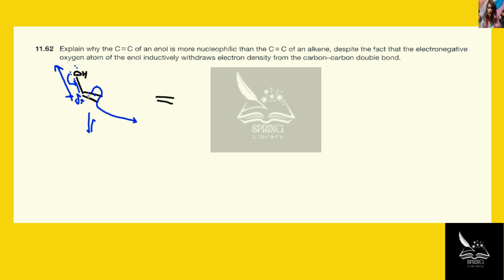So the driving force that makes the alkene of an enol so much more nucleophilic than just any regular alkene is the fact that you get a tautomerization to the keto form that forces this pi bond, these two electrons that make the pi bond, to break and act as a nucleophile. So this is the driving force. The keto tautomerization is the driving force that makes this such a better nucleophile than just any alkene, which,